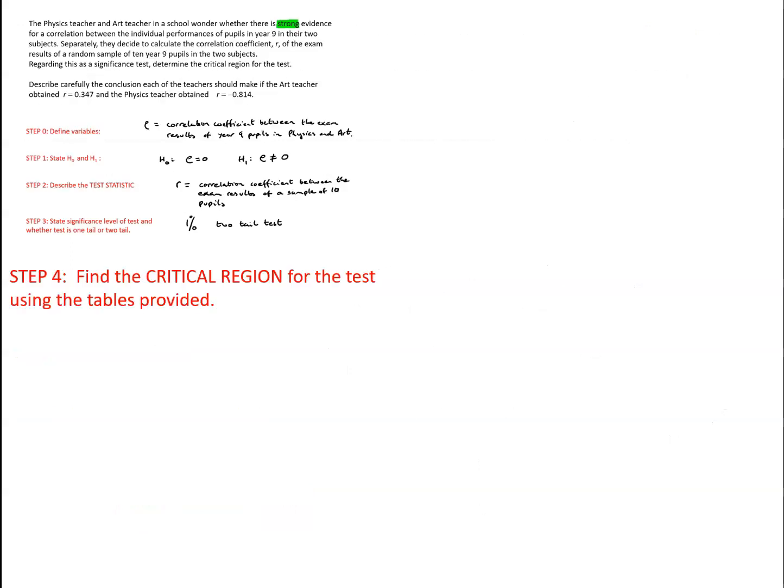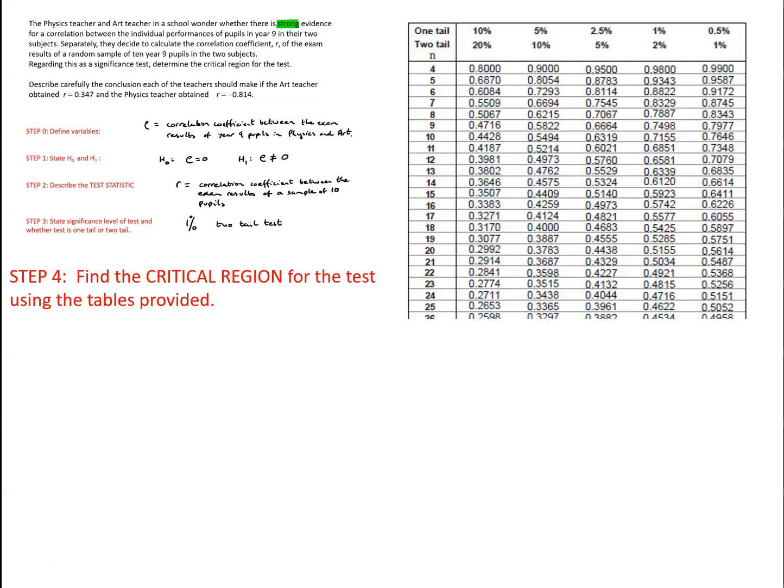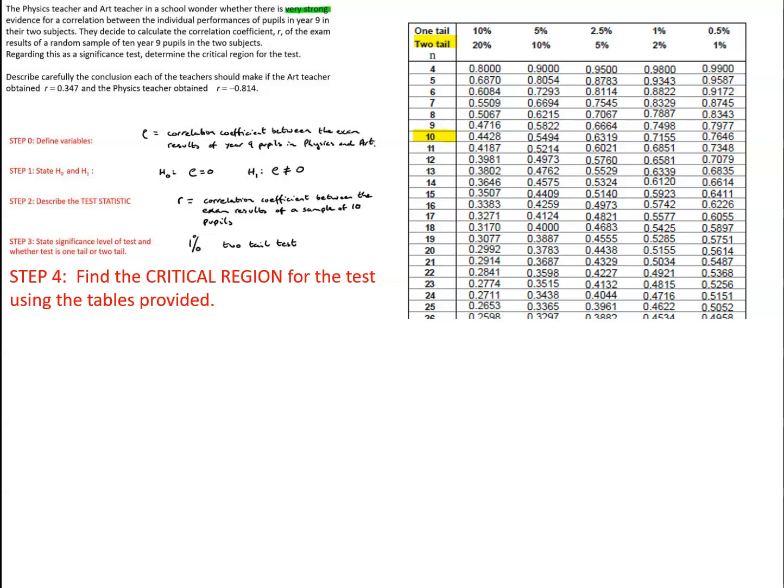We will again need to use the tables to find the critical region for the test. We're dealing with a sample of size 10. This time we are dealing with a two-tailed test, so we need to use the second row up at the header of the table. And we want a two-tail 1% test, which is right over in the right-hand column. So the critical value that we have got is 0.7646 for a two-tailed test with n equals 10 and a significance level of 1%,